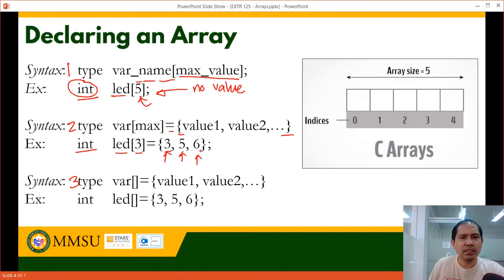And then the third one is if you do not have an initial idea of how many values your array contains. For example, you have these 3 here. Specifying this value of 3 here means you have only 3 values. However, if you put a blank